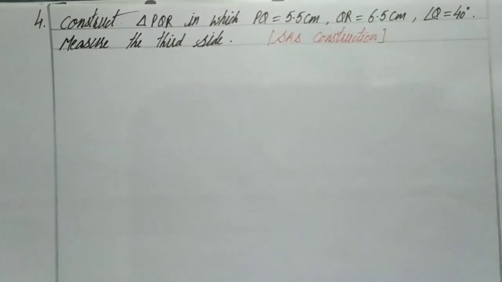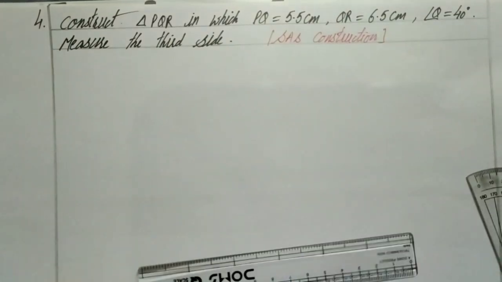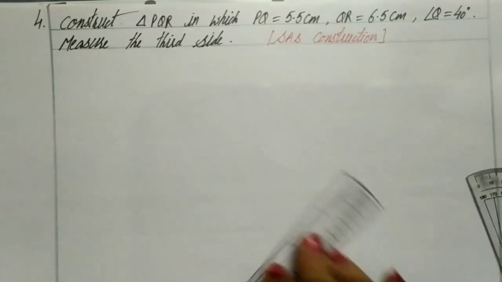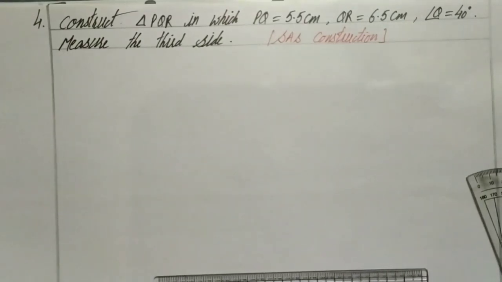Question number 3 and 4 are related to SAS triangle construction. Here again take any one of the two sides as base. Now here I am taking PQ as base, that is